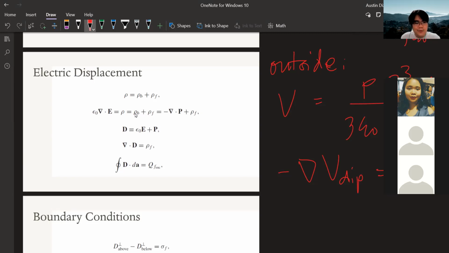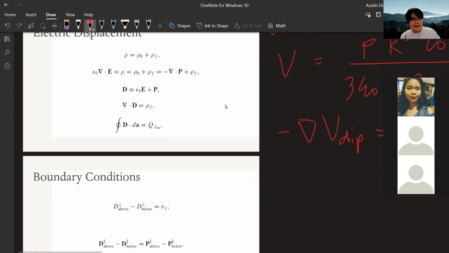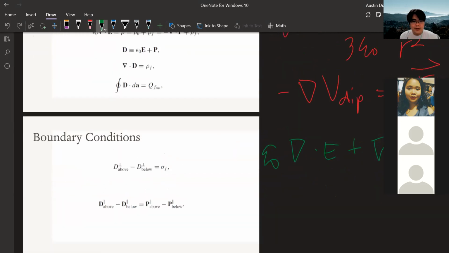Okay? We know rho B is just the negative divergence of P plus rho F. Okay? Now, I can switch. Lipat ko sila lahat doon para lahat ng divergence na sa kabila. So, I have epsilon naught, let's write that down, I have epsilon naught del dot E plus del dot P, should be all equal to